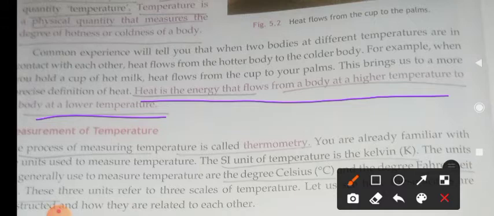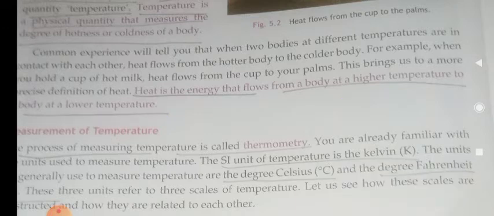The pan, which has more temperature, transfers its heat to the batter, which has low temperature. So heat always flows from high temperature objects to low temperature objects, and this is similar to the property of water. Water also flows from the higher places to lower places, right? Yes. So heat and water are similar to each other. So when we say heat flows from a higher temperature object to a lower temperature object, what do you mean by temperature? What is temperature?